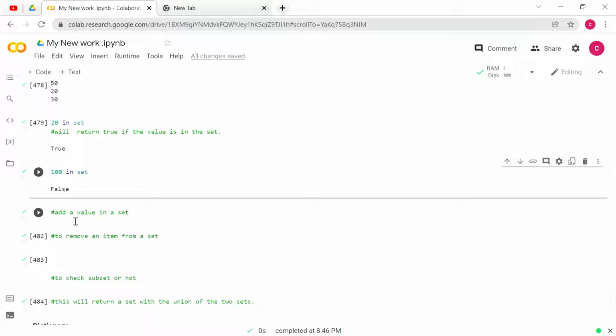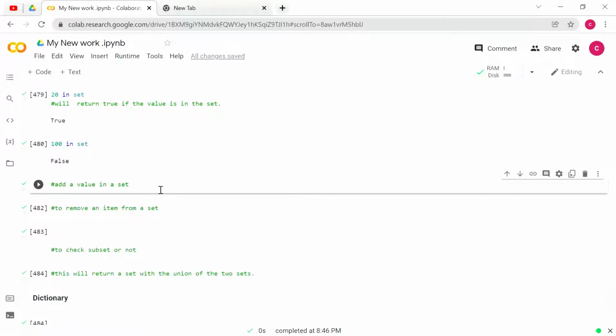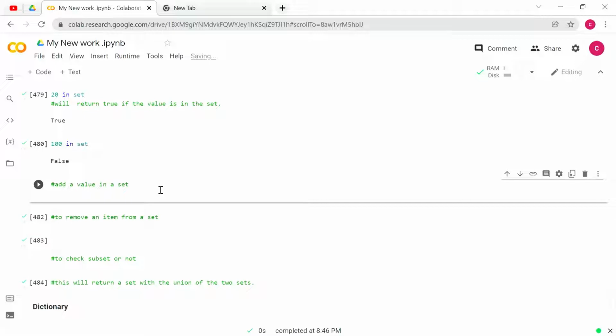Next is we need to add a value into the set. For adding a value in set, give set dot add and inside open brackets give single quotes and write Peggy.